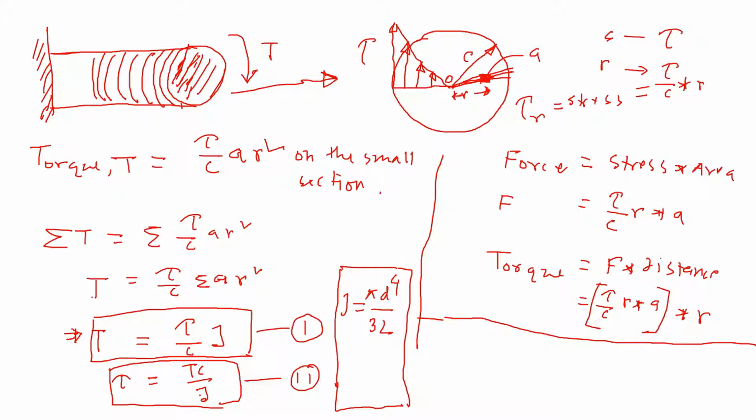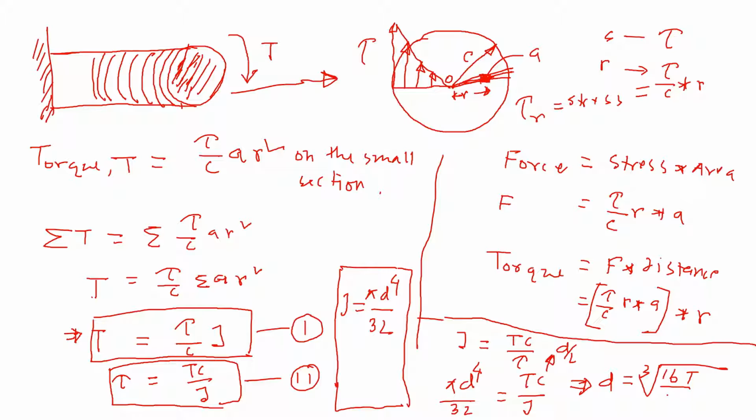So if we bring the J here, we can write the equation as tau equals T C by J. If we replace J with pi d to the power 4 by 32, and C we can replace by d by 2, as you can see, for a circular section C is basically the radius. So if we solve for diameter, we'll get something like this: 16 T by pi